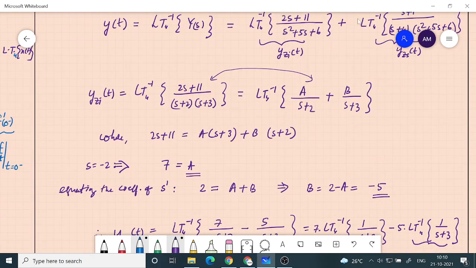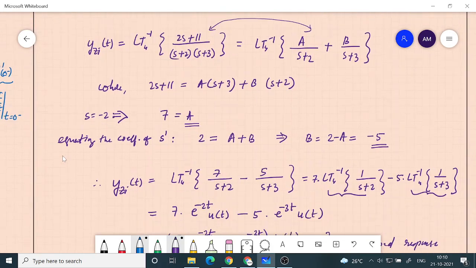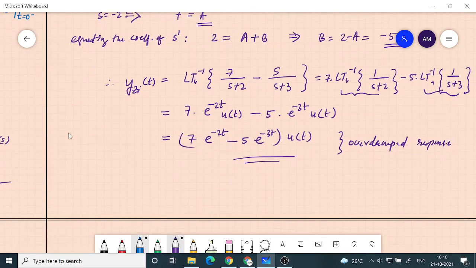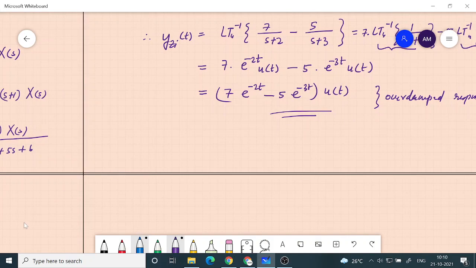So you could also have complex conjugate roots. In such cases you will have some oscillations. So that is the connection between the nature of response and the type of root that you will get. In such cases we will have the response written in the form of sine function or cosine function. We have done such problems earlier where we had the roots.